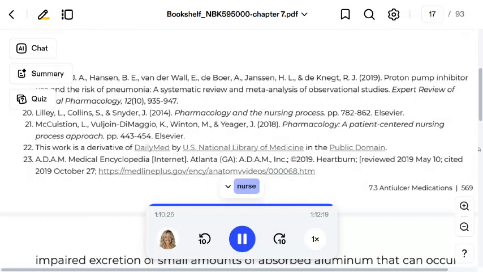5. The nurse should instruct Mrs. Jones to take omeprazole once a day, preferably in the morning before breakfast. Omeprazole should be taken at the same time each day to maintain a consistent blood level. The nurse should also instruct Mrs. Jones not to crush, chew, or break the capsules, but to swallow them whole. If Mrs. Jones has difficulty swallowing the capsule, the nurse may suggest opening the capsule and mixing the contents with